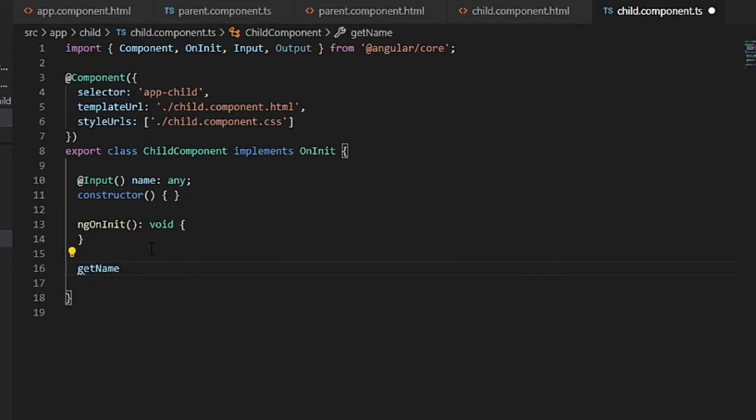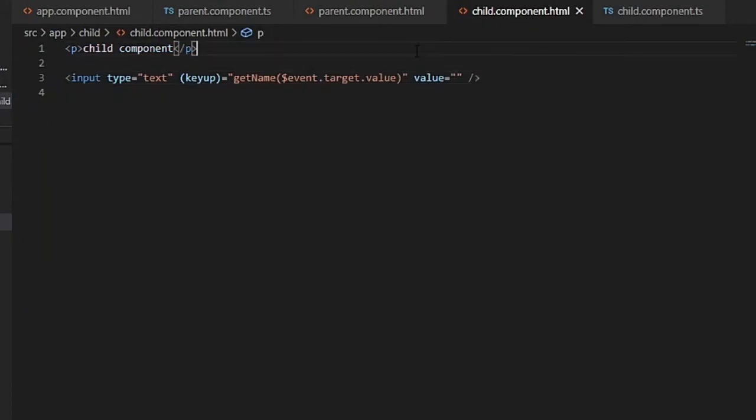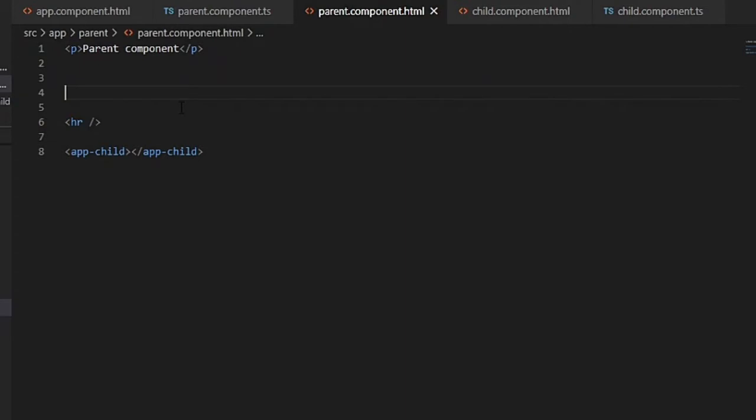Also print this name value in the parent component now.